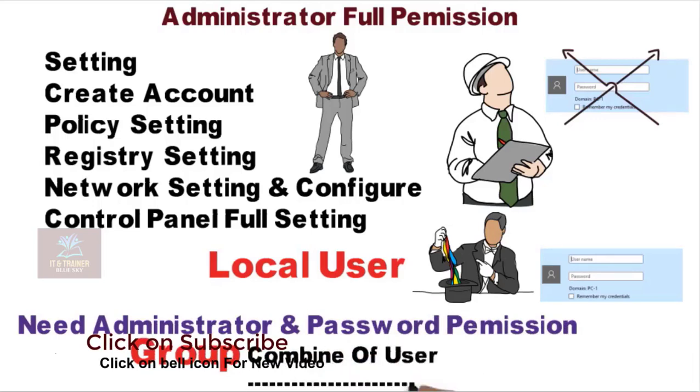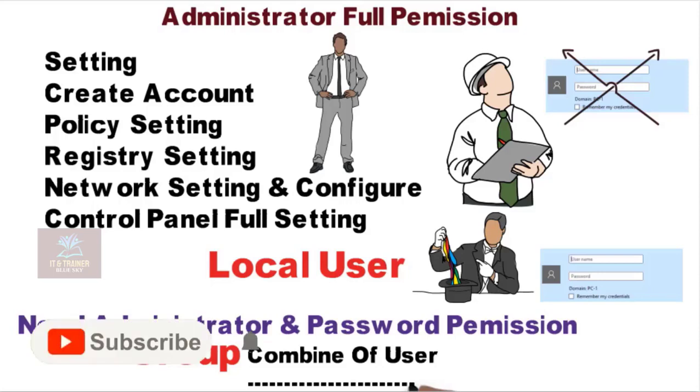There is also a group combined user. So the third type is that you can create a group. What a group is and how you create a group in a computer, I will discuss one by one. First is creating the administrator account, then you can create a local account, and third is creating a group. Every user type is created for different processes, work and systems. You can see here that a local user works as a local type, not as an administrator. And if a friend changes settings through a local user,